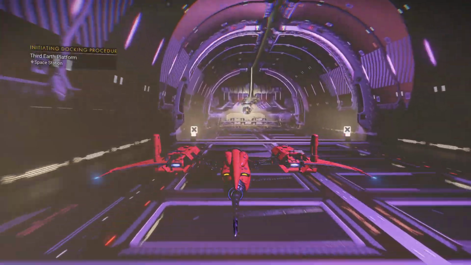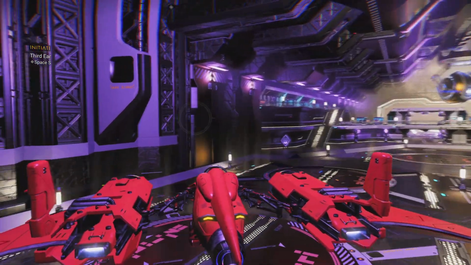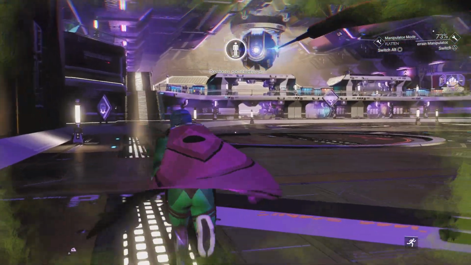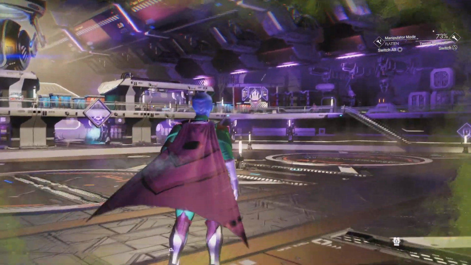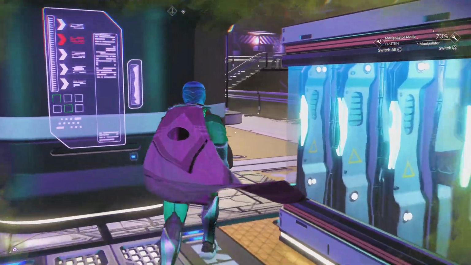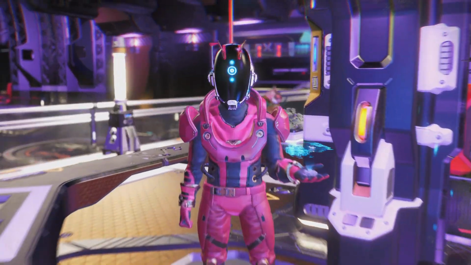So you should be able to build a ship up in any normal sort of space station you see floating about. And if we go out, and we can run over here. So the first place that you really need to make sure that you have visited is the Starship Specialist guy over here. So if you have a chat to him,